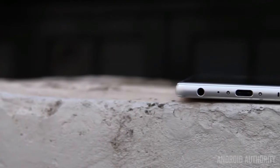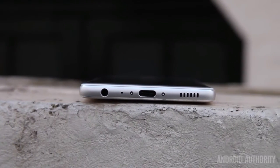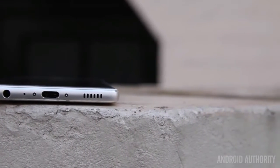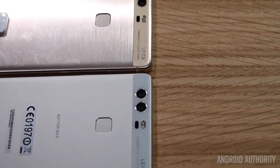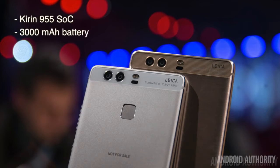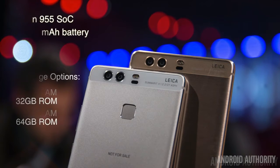The P9 also introduces USB Type-C as well as a finger scanner that's apparently a marked improvement over previous Huawei finger scanners, which were already pretty impressive. The new finger scanner is a Class 4 scanner, which apparently can sense differences in fingerprint ridges in 3 dimensions. P9 also has the latest Kirin processor, the 955, 3000 mAh battery, and a few different variations for storage, 32GB with 3GB of RAM, and 64GB with 4GB of RAM option, and they will both be available in